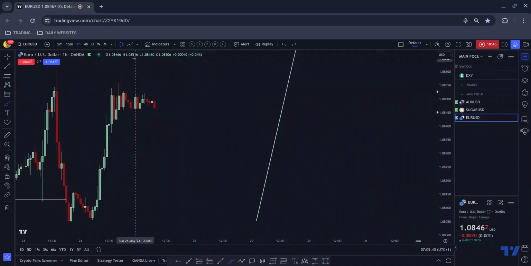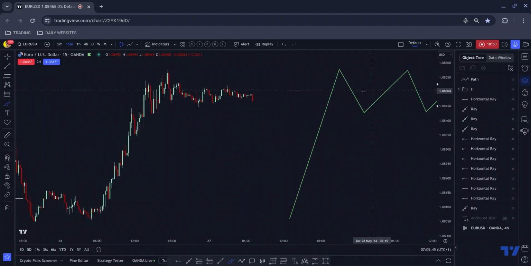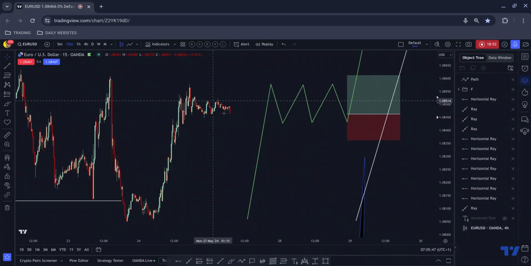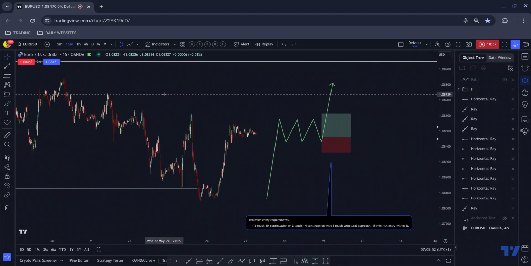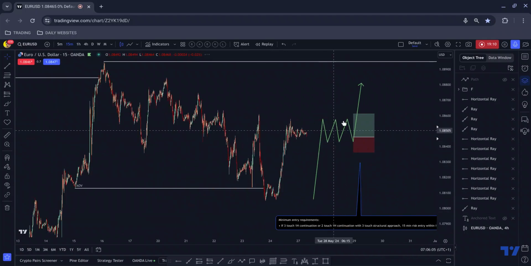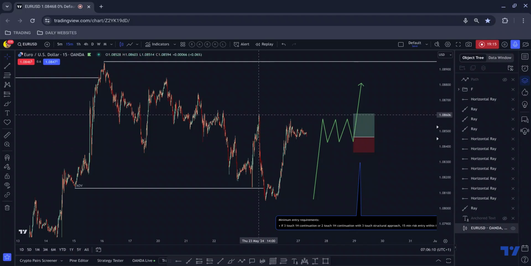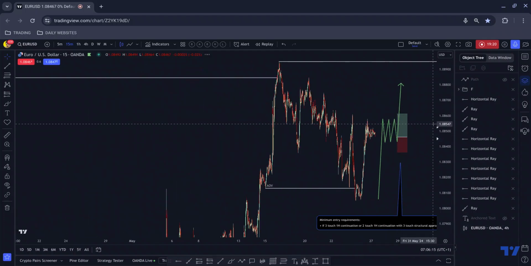So what I'll be looking for with all of that in mind, and with a minute left of this video, is this. Okay, I'll be looking for a 3-touch 1 hour continuation, or a 2-touch 1 hour continuation with a 3-touch structural approach to the low, which we seem to be getting at the moment. And then I would look for a 15-minute risk entry within it as a minimum, and then I would be able to manage it up to this. I don't think this would hold much weight by then, but I'll be able to manage it up to there for something in the region of 1.5%. And then I would be targeting,